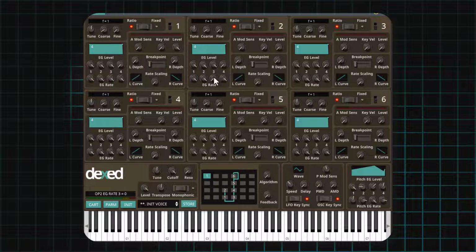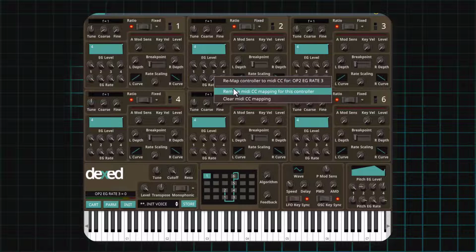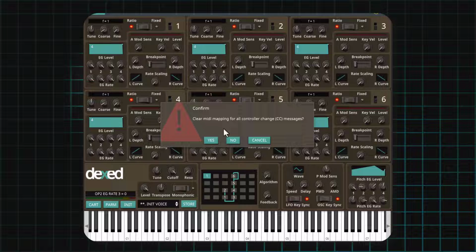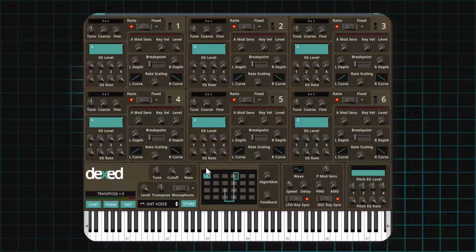And if I want to clear it, just right-click, and I could say clear MIDI mapping or remove MIDI mapping for this controller. I'm going to clear the whole thing. Great. So with this, we come to the end of this video manual, but I don't want to leave